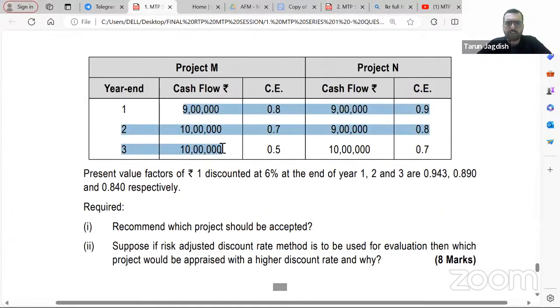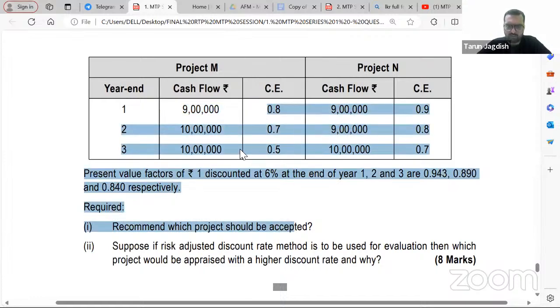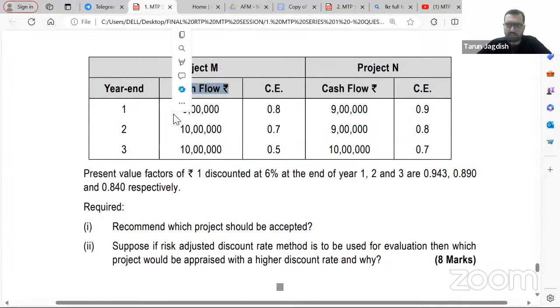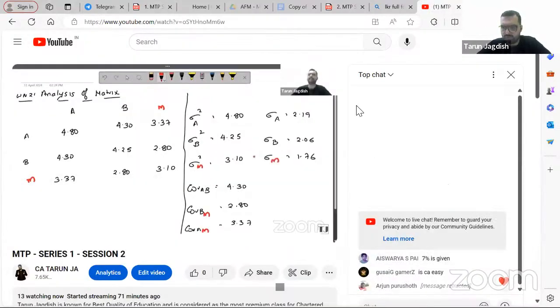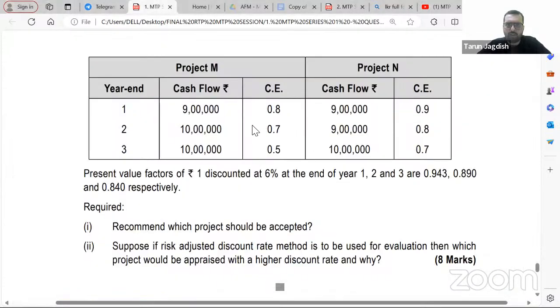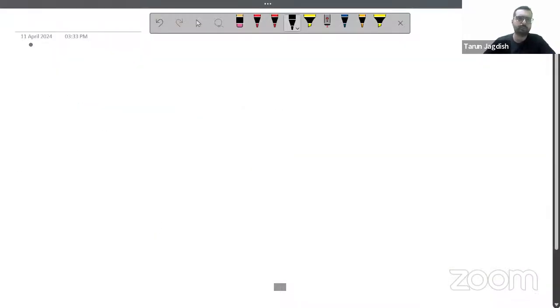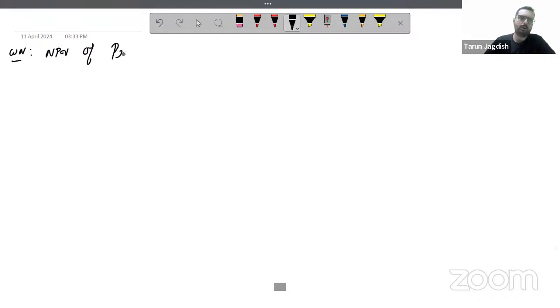They have told the cash flows are given and their CE certainty equivalent factor is given. Friends, they have given you the cash flow and the certainty equivalent factor. They have assumed these to be uncertain cash flows. So when you multiply the uncertain cash flow with the certainty equivalent factor, what will you get over there? You will get the certain cash flow. All right. So now, if you are getting the certain cash flow, then you should discount it using what? Discount it using RF. So we have to decide which project should be accepted. So I'll write down the next working note heading. NPV of